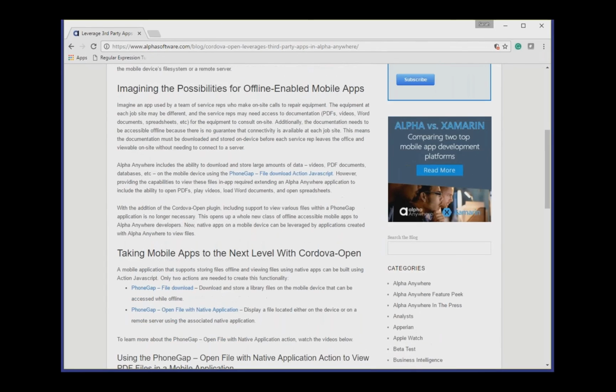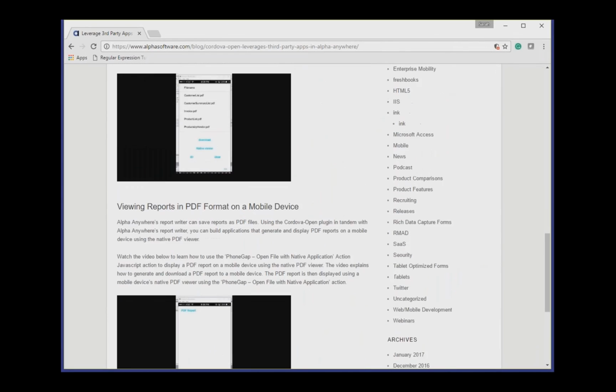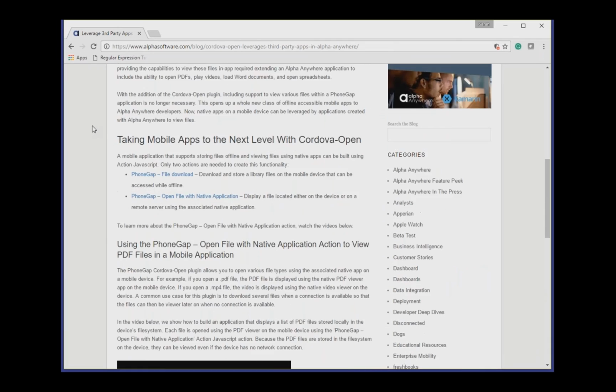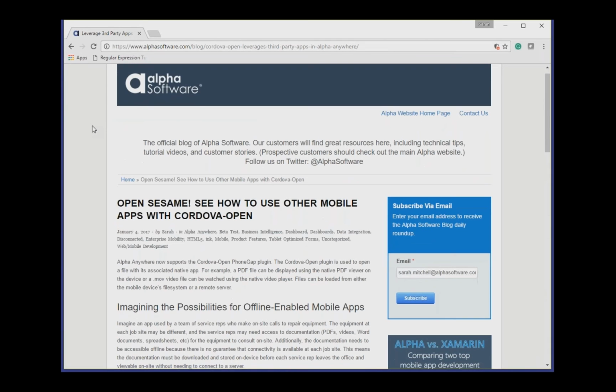And yes, I was working on this with Selwyn. I was trying to find out how to access files locally using Alpha on the device, and he was wondering why I needed to do that. I said, well, I'm using this plugin called Cordova Open, but I need to point it to a certain location on the device where I want to download the files to. So he showed me how to download those files and get them down to the device so that I could open up the PDF files using Cordova Open, which basically you would be passing the name of the file that you want to open, any parameters about the file,